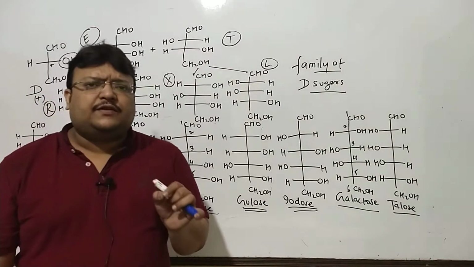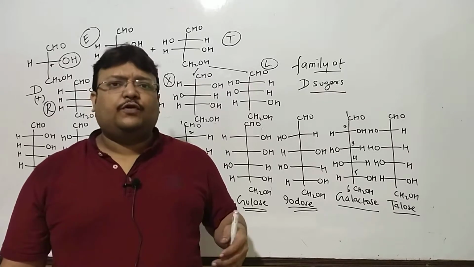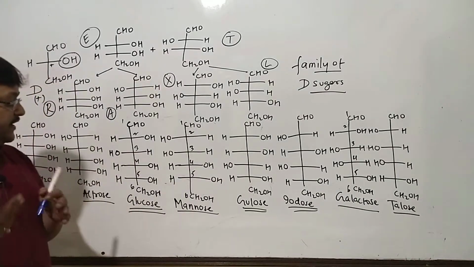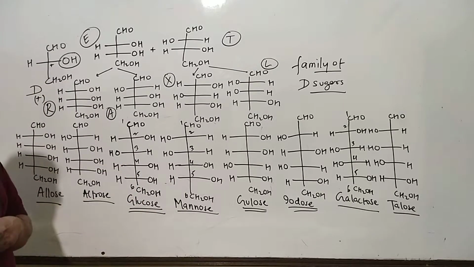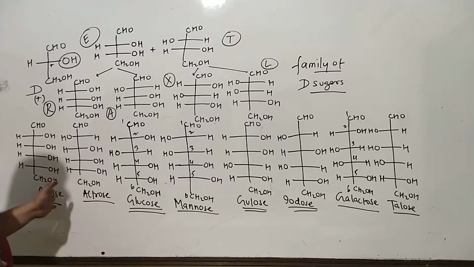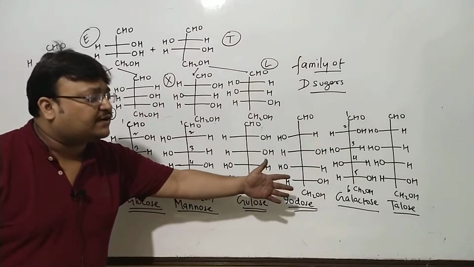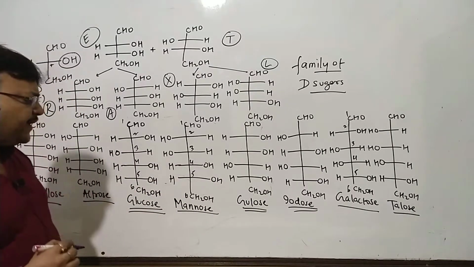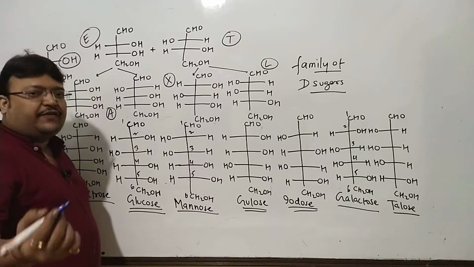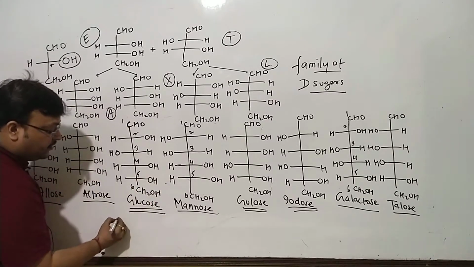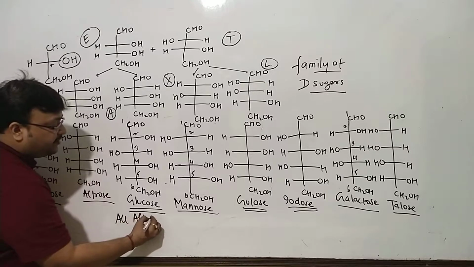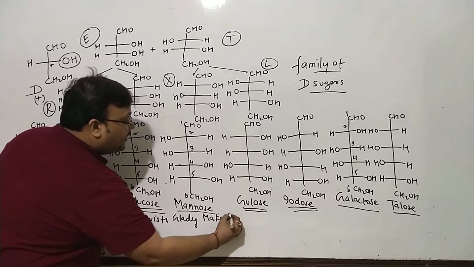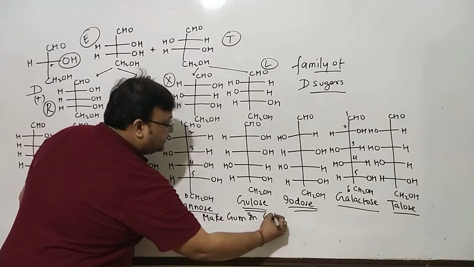Now, there are a few things which you will want to know before understanding the story, how Fischer could finally conclude or deduce this to be the structure of glucose. If you want to recall allose, altrose, glucose, mannose, gulose, iodose, galactose, talose by a mnemonic, I can give you a mnemonic which I found in a popular book called Solomons. Although the mnemonic is equally difficult to recall. The mnemonic is: all altruists gladly make gum in gallon tanks.